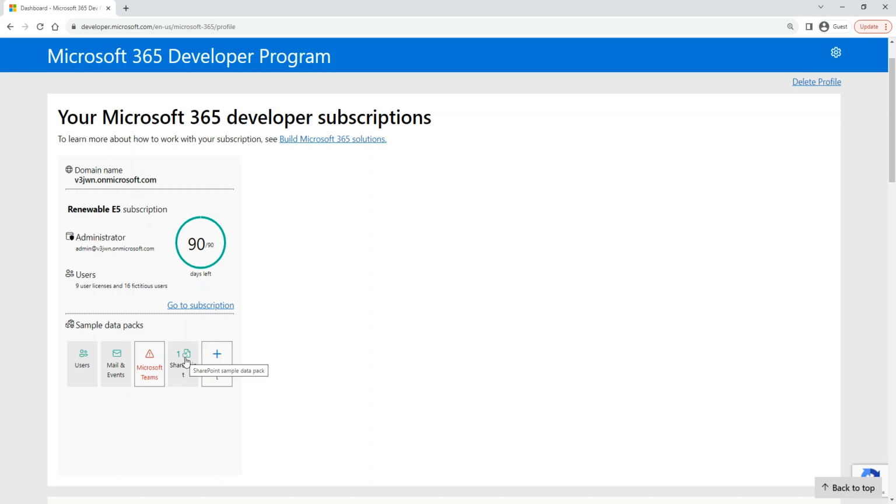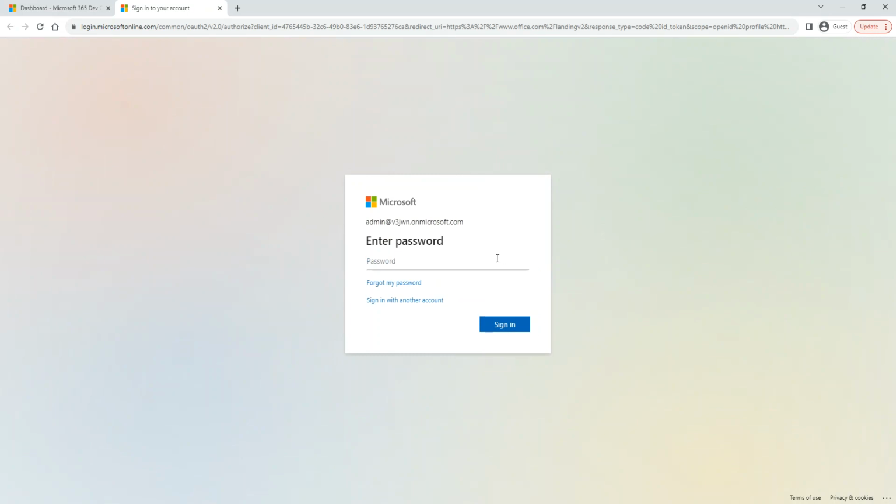You don't have to know at this moment, just high level. What it means is Microsoft has provisioned one site collection for us. So I'm going to take you to the Office 365 dashboard through this link. When we click on this link, it will actually open a new tab, and then it will say office.com. It will try to log me in, but here it is asking me my password.